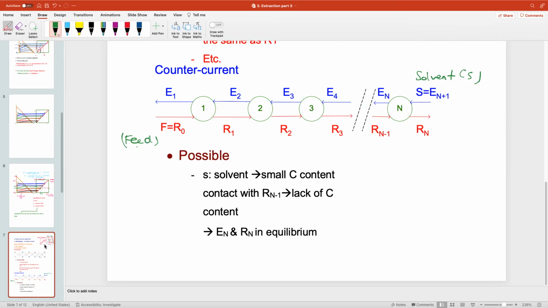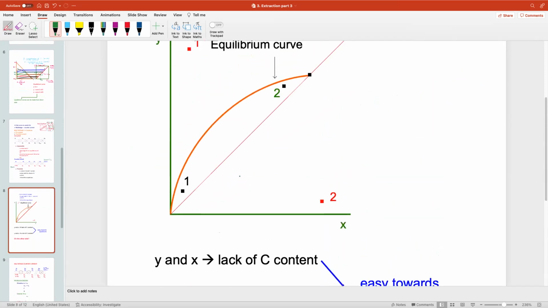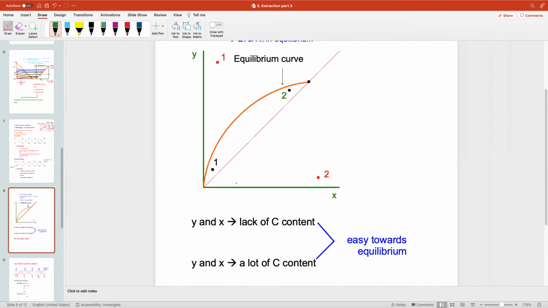Okay, now the next question is how to describe it. So here, if you use the equilibrium curve, because again,